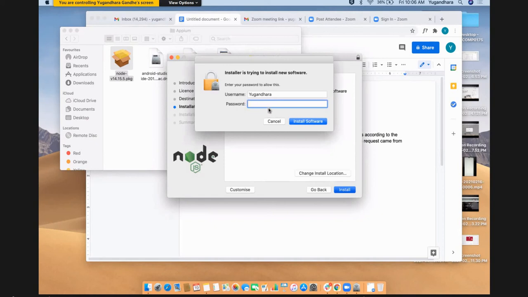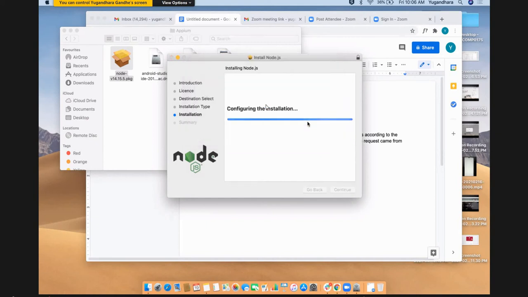Here we need to put the password. So Yugandhar, can you please put the password? Right? Now the installation is in progress.